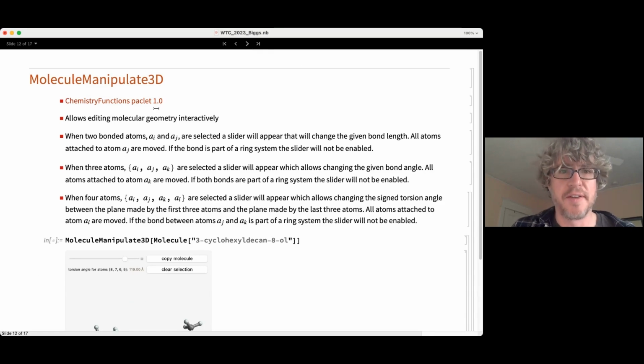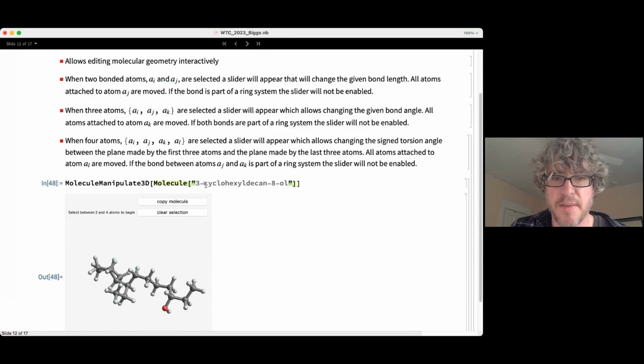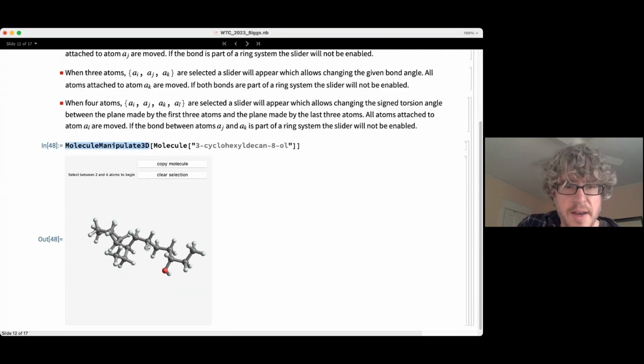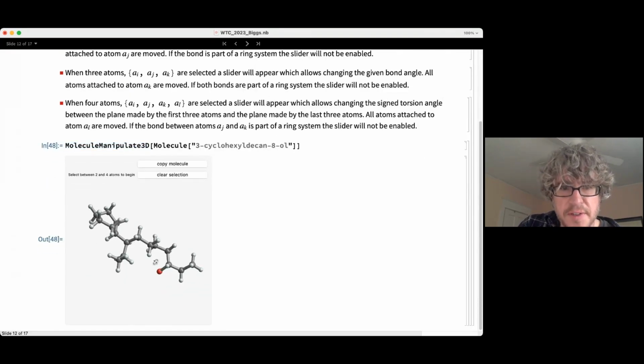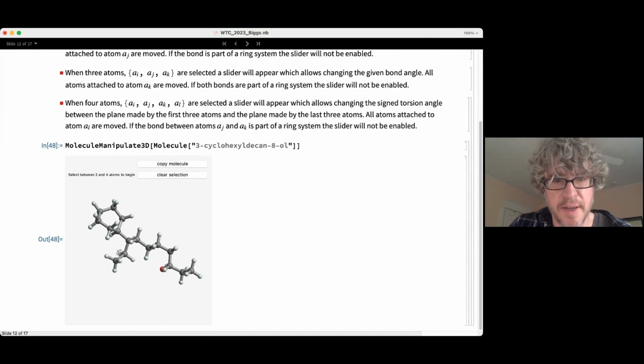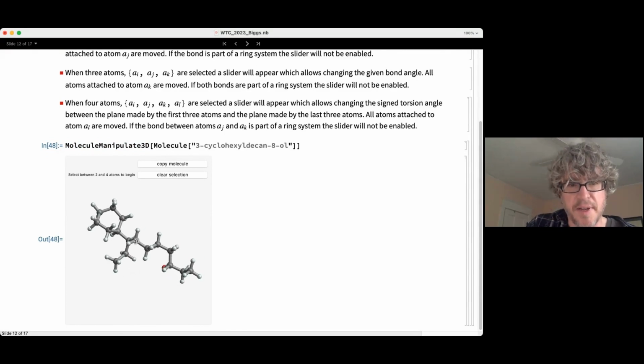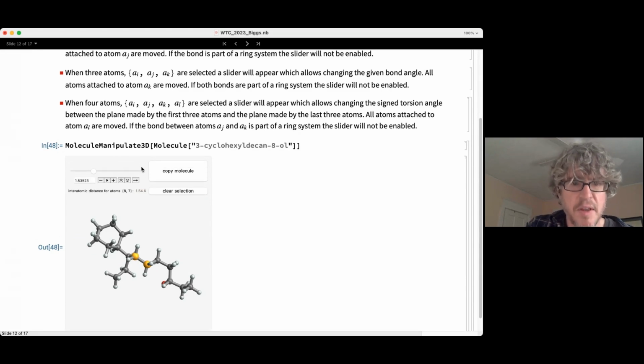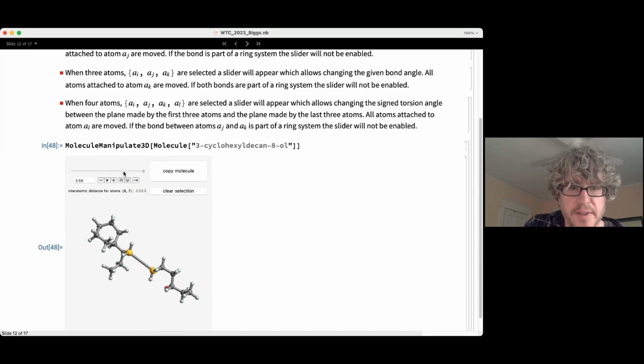Let's see. So this function is pretty neat, I think. Molecule manipulate 3D. So we take the molecule, and as soon as you call it, you generate 3D coordinates for it. And now you can modify those coordinates. When I do these examples, I make silly modifications, but I imagine there might be some cases where you would really need to modify a particular bond, right? So this carbon-carbon bond is very reasonably set at 1.54 angstroms, but if we wanted to, we could in real time bump it all the way out to 4 angstroms just because we like to be a little